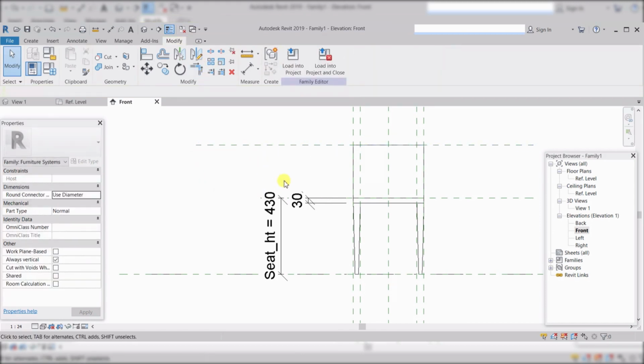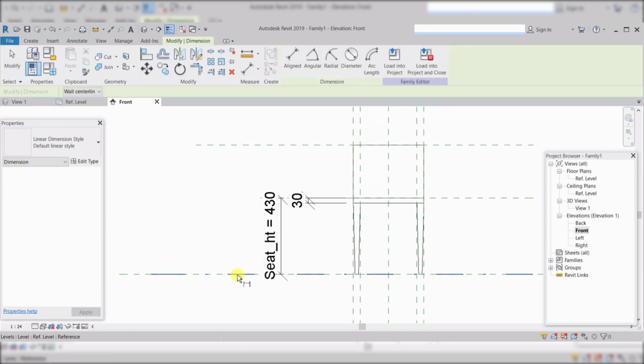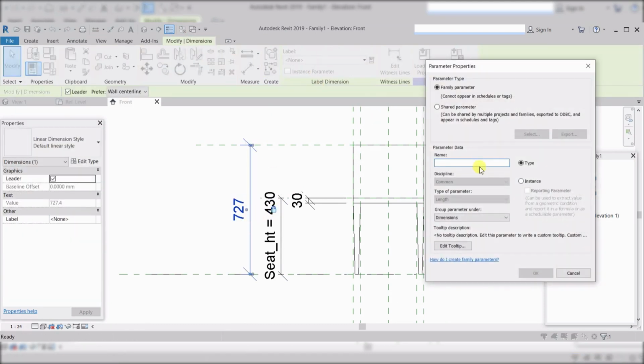Okay, and now I will just select this one, and I can create similar, and just click here, lock it on the place, and create another parameter for the chair backrest. Sorry, it's typing mistake. Okay, backrest height,